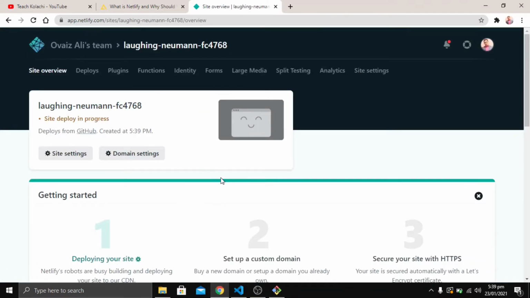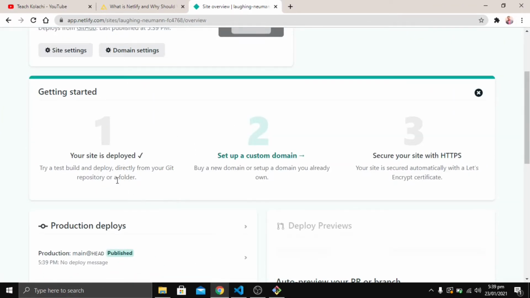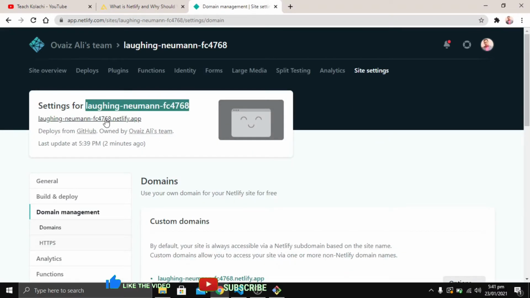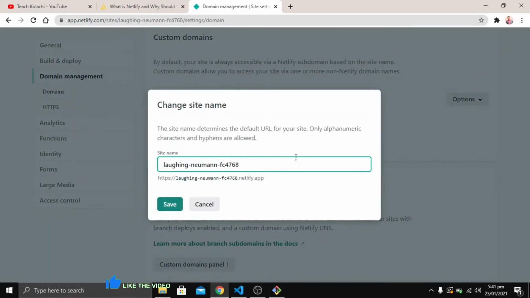The site is being deployed, and here your site is being deployed, but you can set up your custom domain too. So here is the place you can customize your domain. So here we can see that this is the link which is being used to deploy our website. The name of our website seems to be so long, so we can go at the bottom, and using this option we can edit the site name. So you can keep whichever available name.